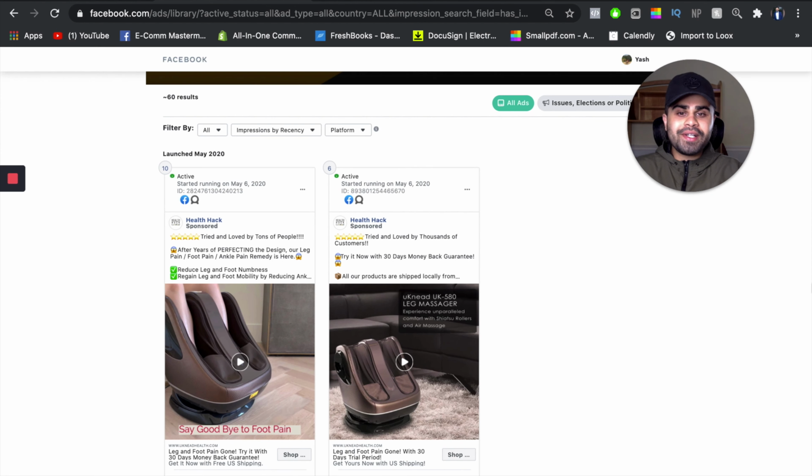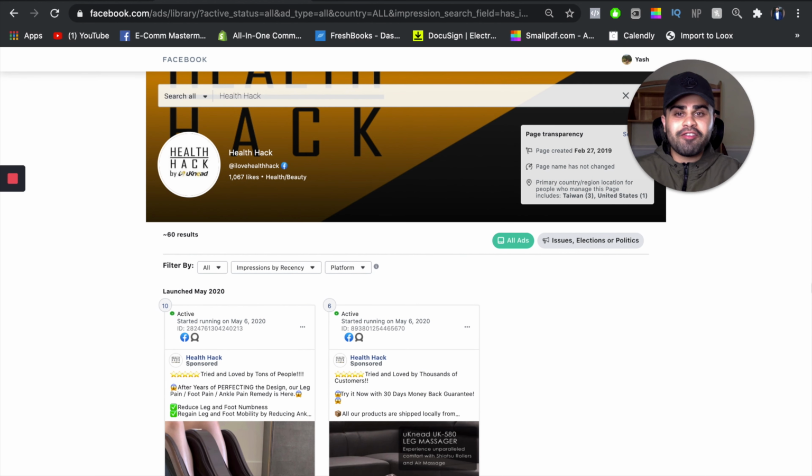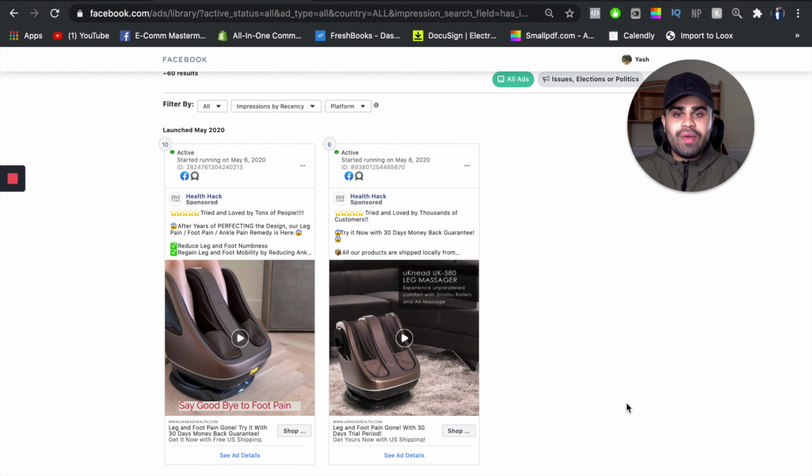To take a deeper dive into their current running ads, we are on the Facebook Ad Library right here. This is a free tool that Facebook brought out a few months ago, or maybe even a year ago, that anyone in the space can utilize. The ad that we saw before is right here, and you can see that they have 10 ads running. They have another one right here, and what's really interesting, guys, is to see how deeply and how intricately they're